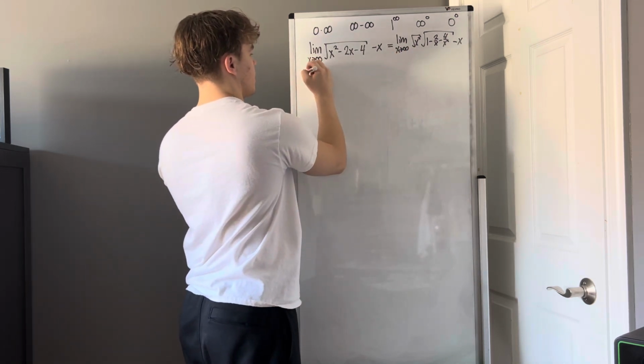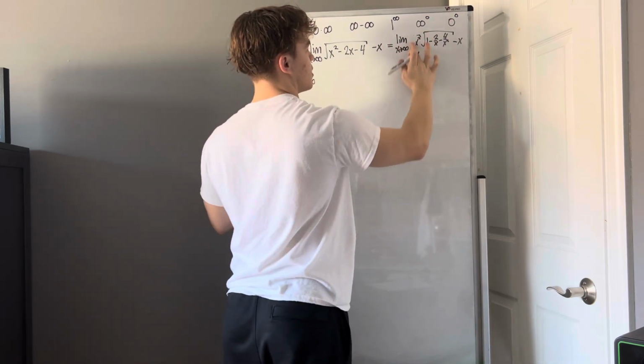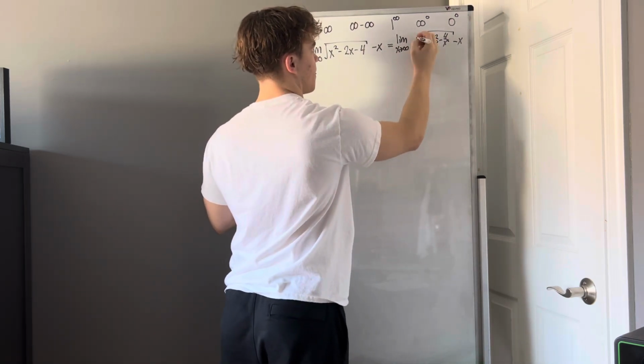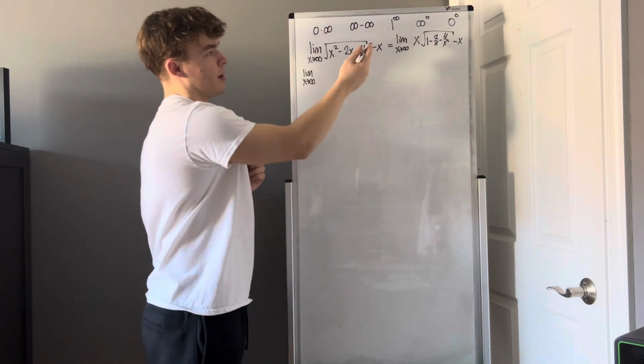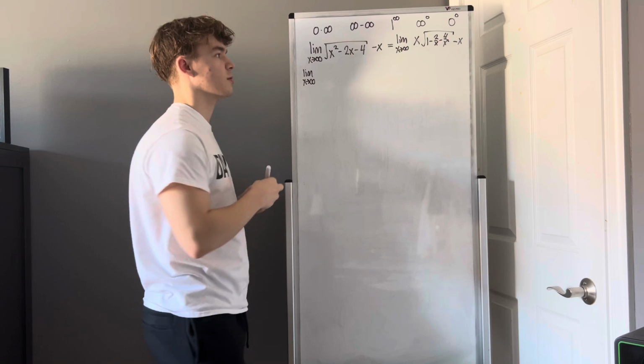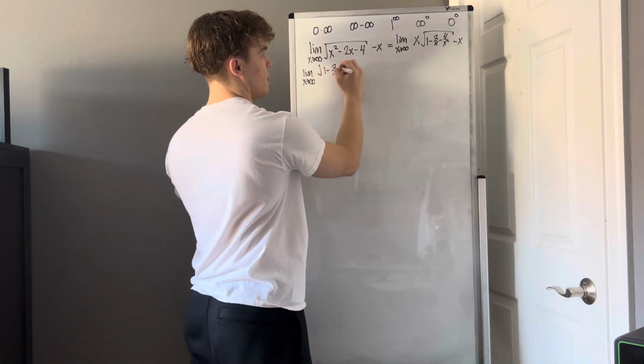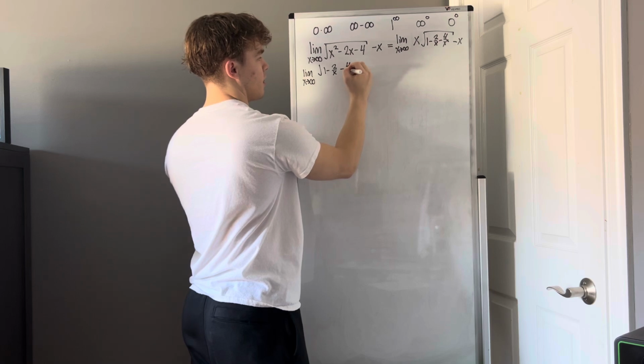So this is the limit as x approaches infinity of, let me just make this the x here. What we can do is factor out this x, but let's put it onto the bottom as a 1 over x squared. So we've got root 1 minus 2 over x minus 4 over x squared